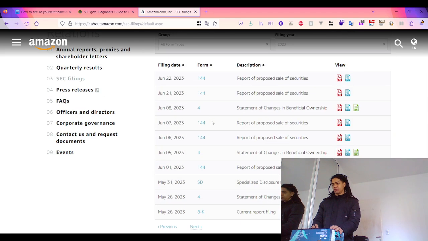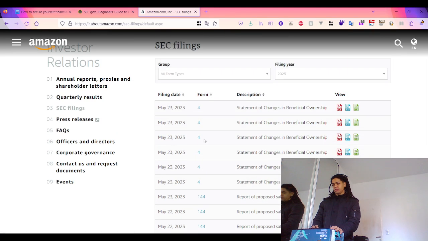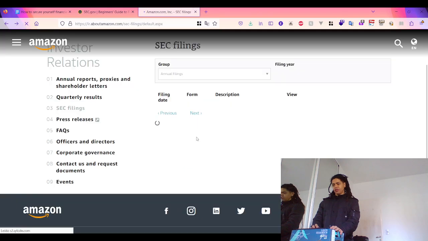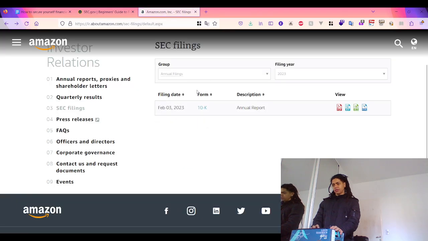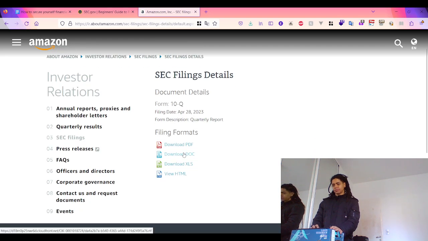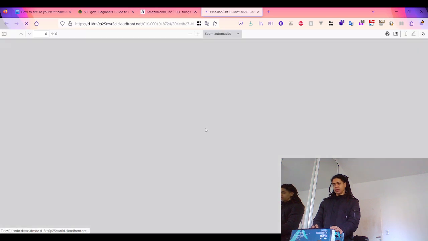The 10-K is the annual filing, that's right. The 10-Q, not 10-K, is the quarterly filing. Exactly. Quarterly, from 2023. Okay, and